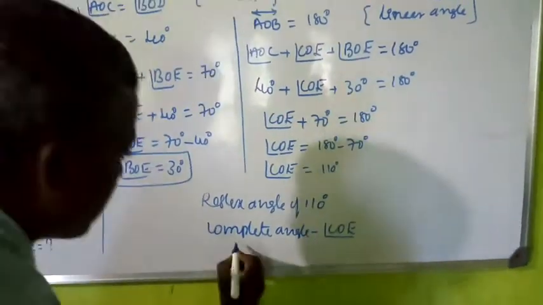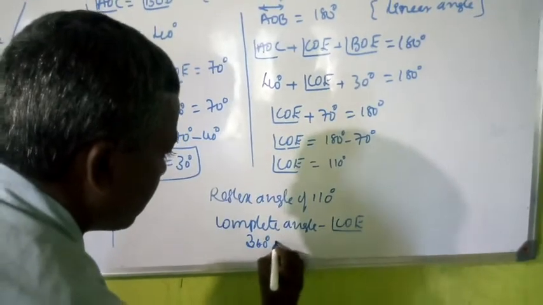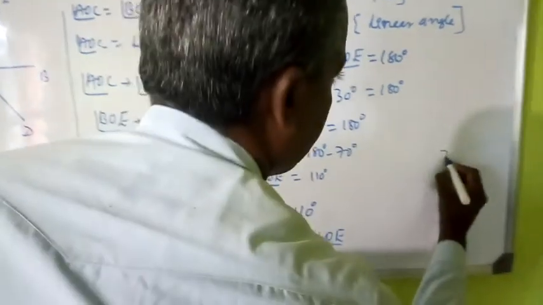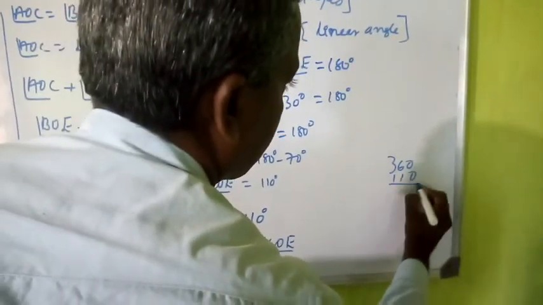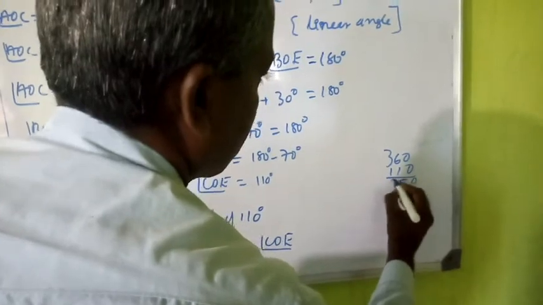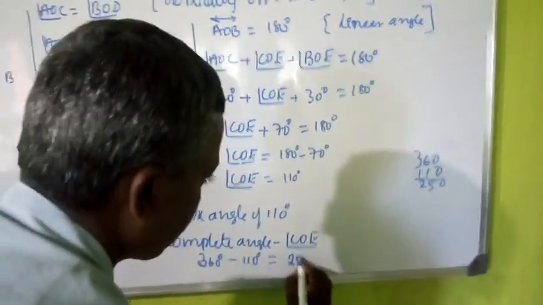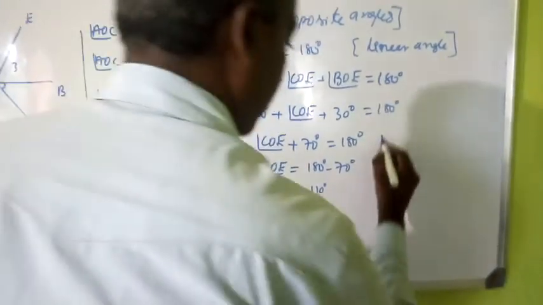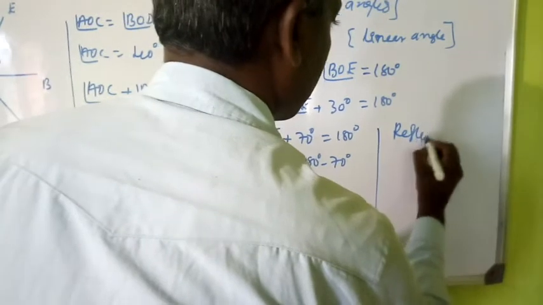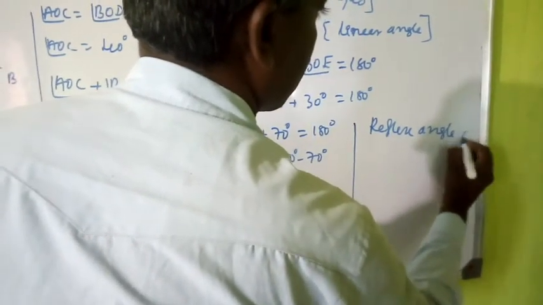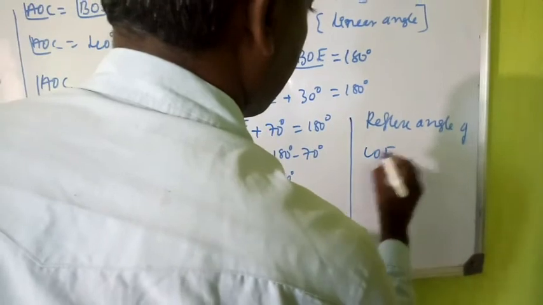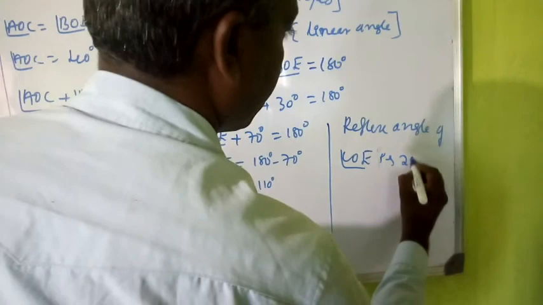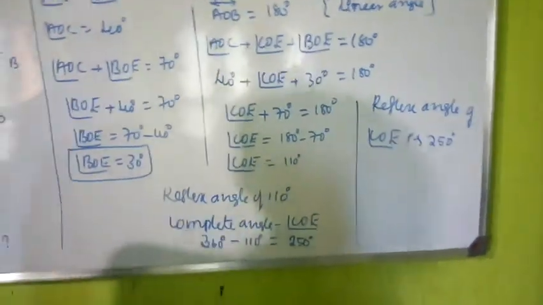A complete angle means 360 degrees, so 360 minus 110 gives 250 degrees. So the reflex angle of COE is 250 degrees. Right, students? So this is about